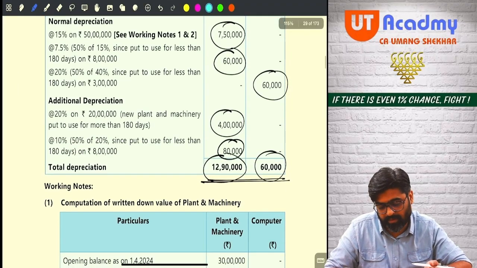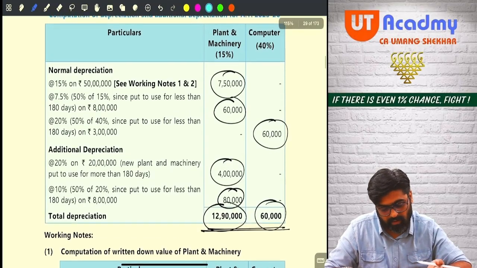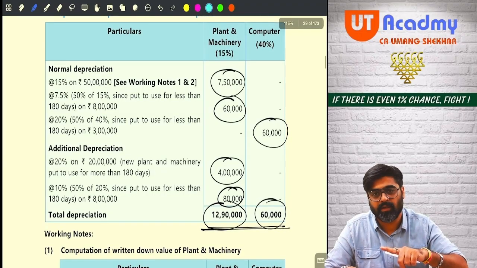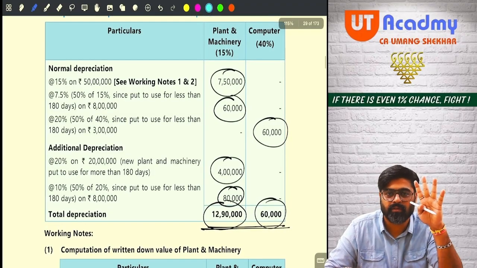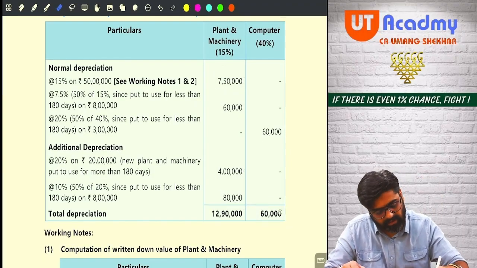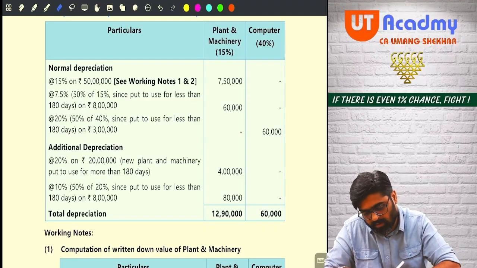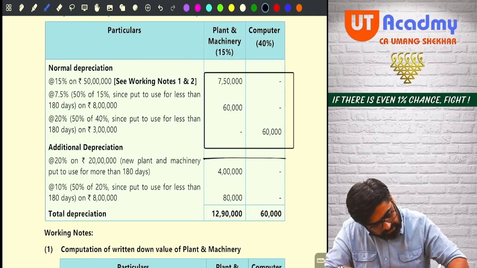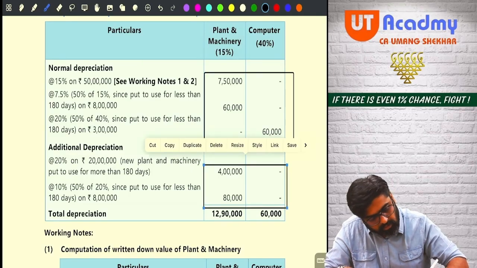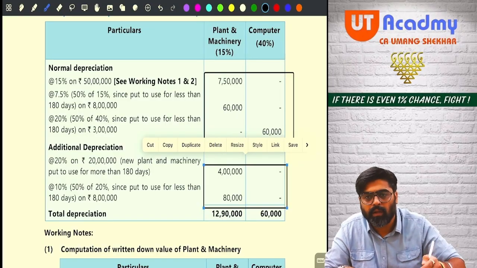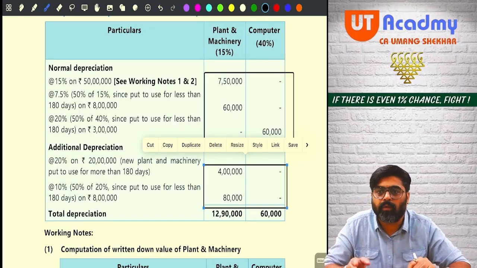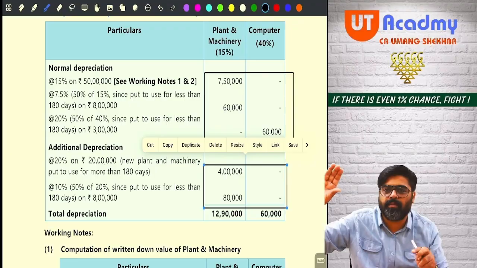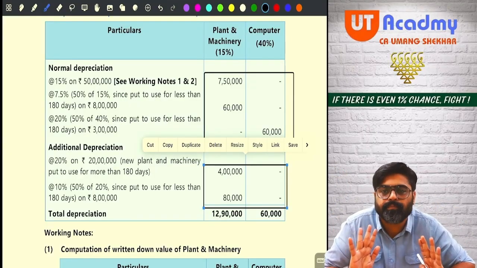They have added both the depreciation, normal, additional together. Whereas they are telling you to calculate normal separately and additional separately. See, and how they are giving the answers. We all got the same answers, friends. But we did what? This is normal, no? And this is additional, no, friends? So add these for normal and add these for additional. Simple. Why are you adding normal and additional together? Normal separate, additional separate. That's it. Got it? Sure.